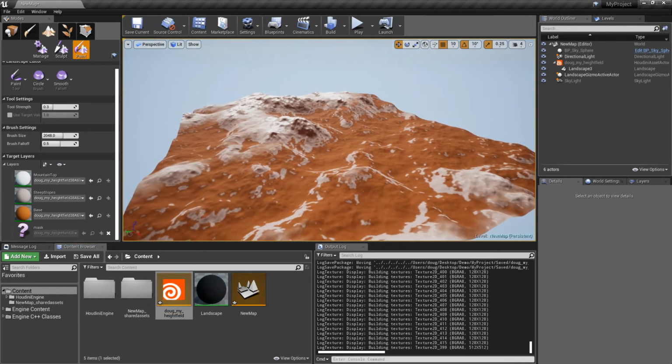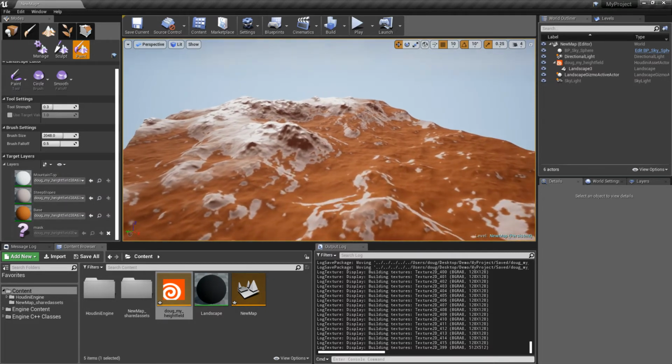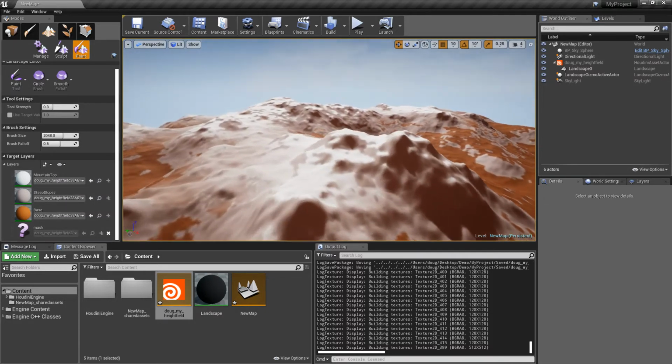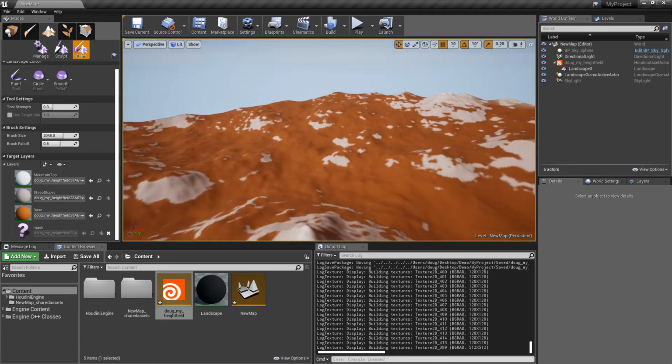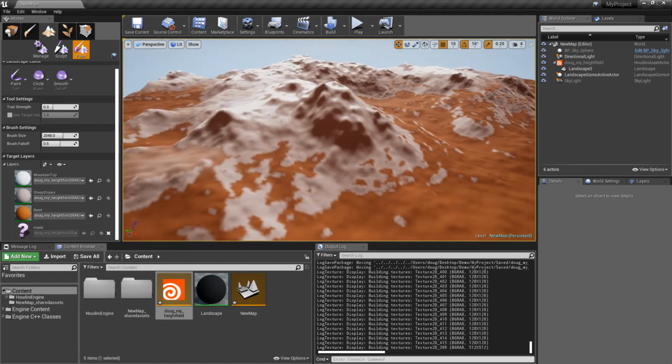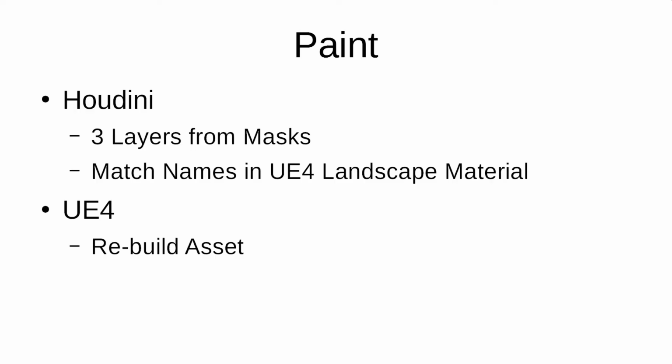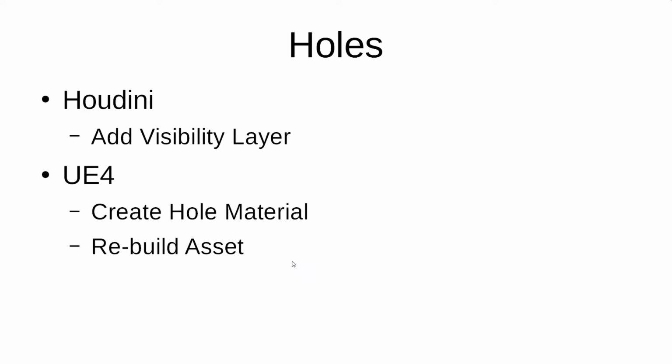So you can also see that it's automatically set up the layers for each one of these, and it has indeed painted it. It's a little ugly, but it worked. All right, I think that's the end of that section. So next part is creating holes. Now,